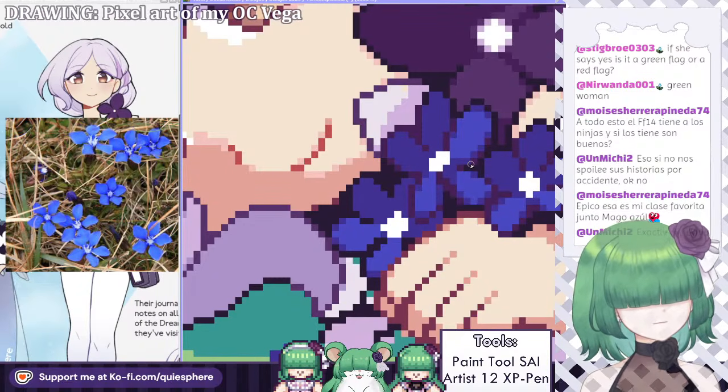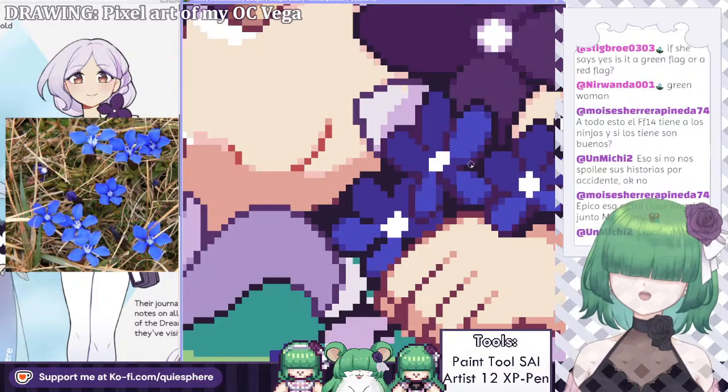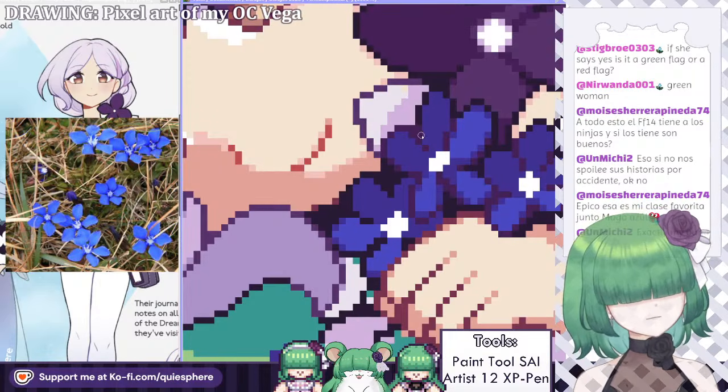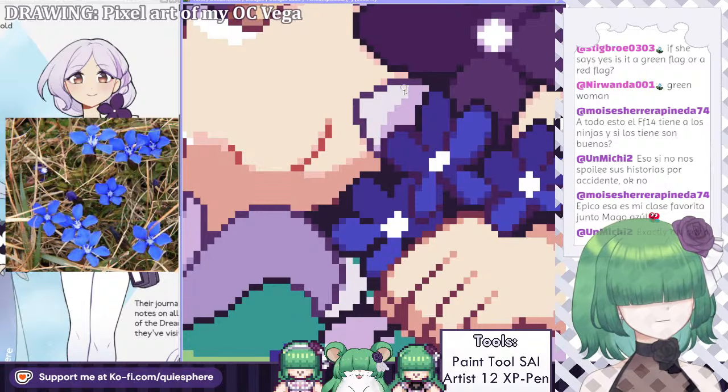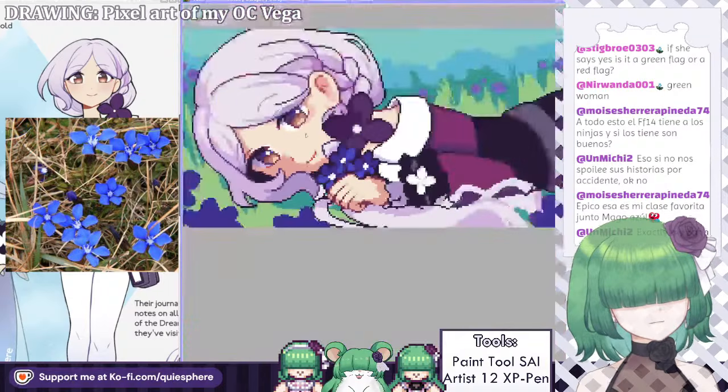We're still gonna leave some lines dark, because this way we can differentiate them from other things in the background. Oh wait, there's a pixel the wrong color in there.